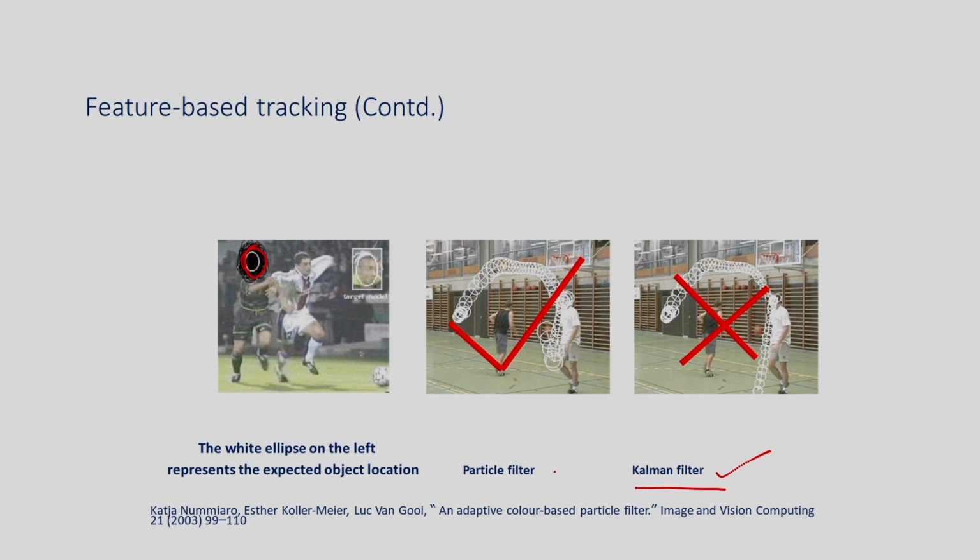So the advanced version is the particle filter. It considers a nonlinear state equation, that I will explain later on. Also the noise is non-Gaussian noise. So that is why the particle filter can track objects very nicely. If you see in this example, the particle filter can track the objects very nicely as compared to the Kalman filter. And I assume that you know the concept of the Kalman filter, because today I am going to explain only the particle filter. So you have to read the concept of the Kalman filter.